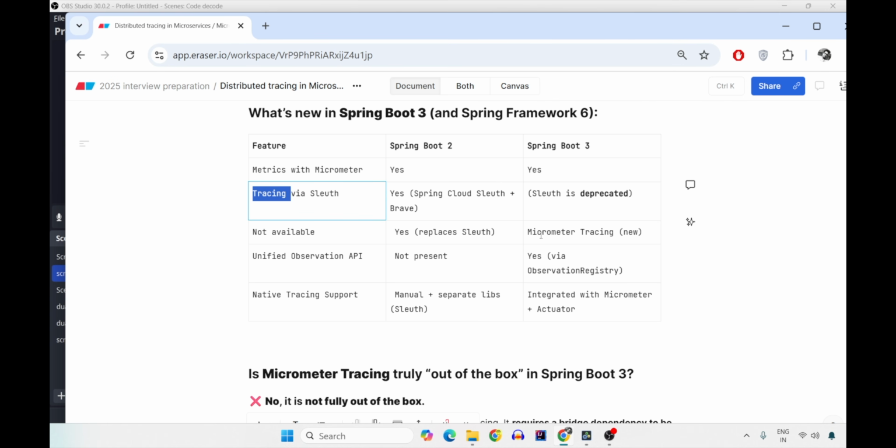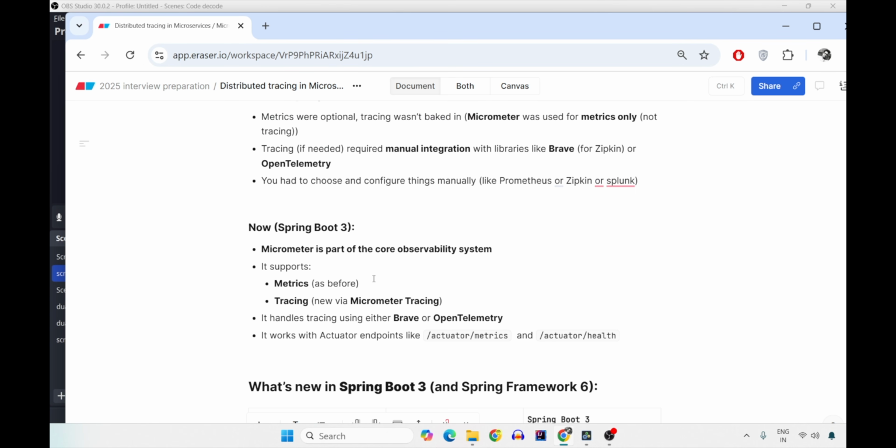So tracing is now with micrometer tracing APIs, and tracing was also initially there, but it was with Sleuth and you had to do it manually. It is not available out of the box for you. So tracing via Sleuth is now deprecated. It was there with Spring Cloud Sleuth and Brave. Was there any observation API available? Now it is there, but initially it was not there. Now for the core observability system, you have micrometer.